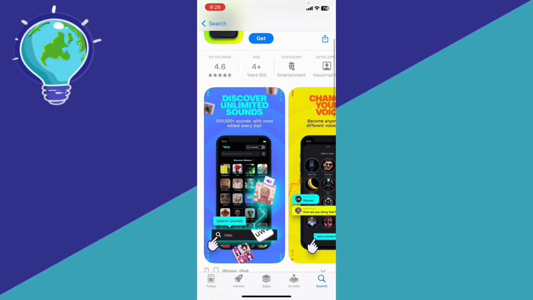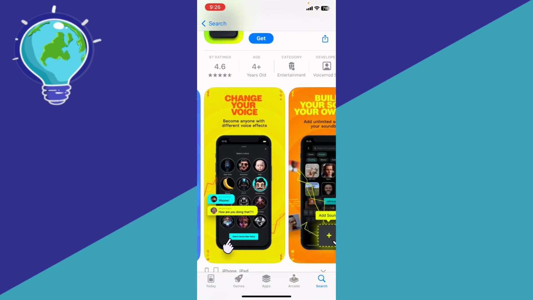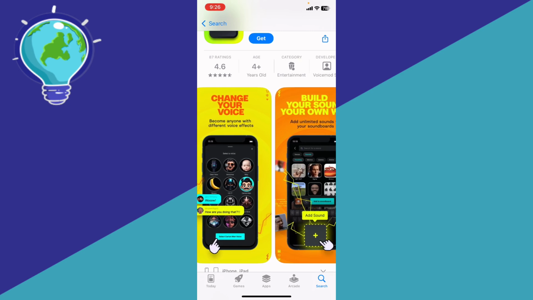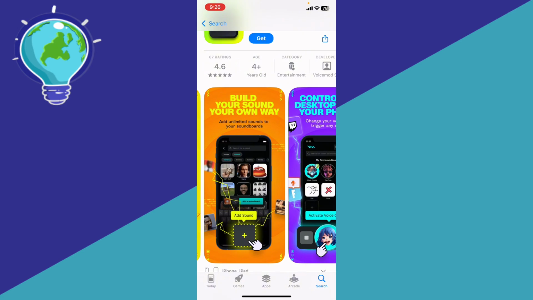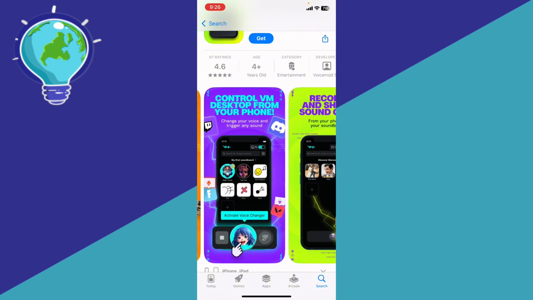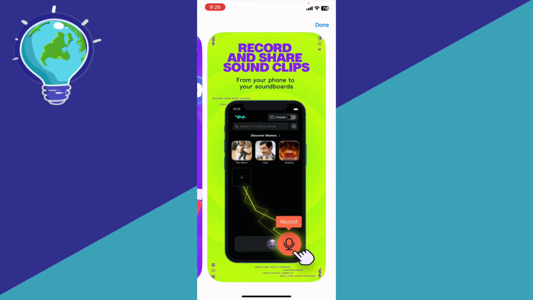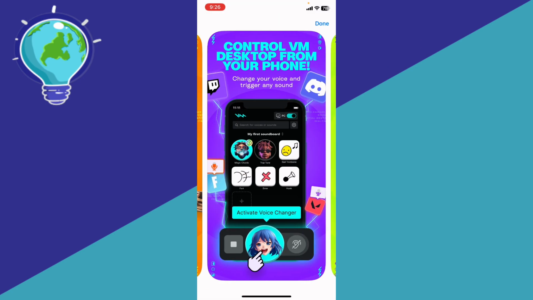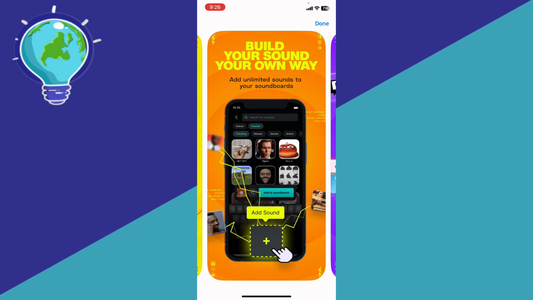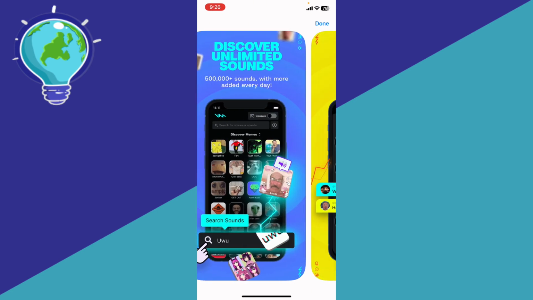And this app will allow you to change your voice to multiple different voices like banana voice, child voice, or some other characters like movie stars, whatever it might be, or your favorite artist or actor, and you're gonna be able right here to change it, and you can build your own sound your own way,